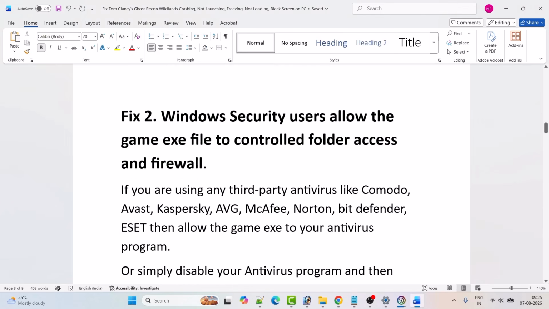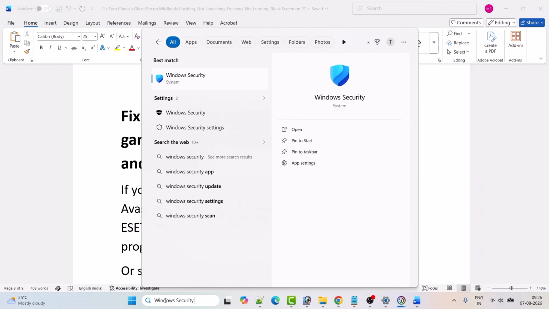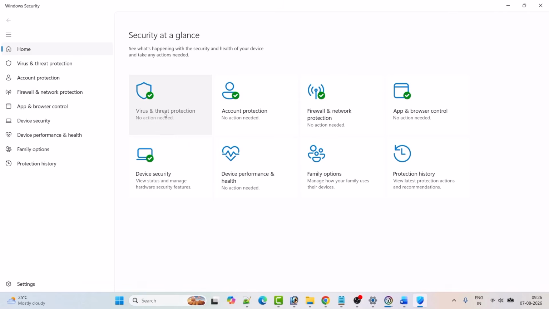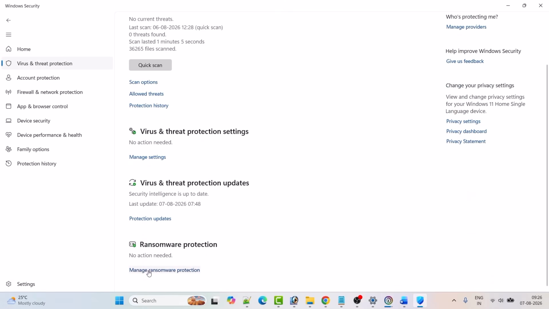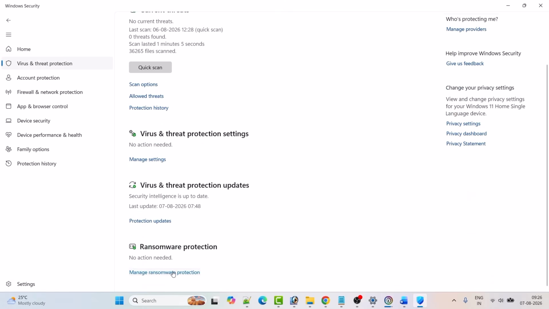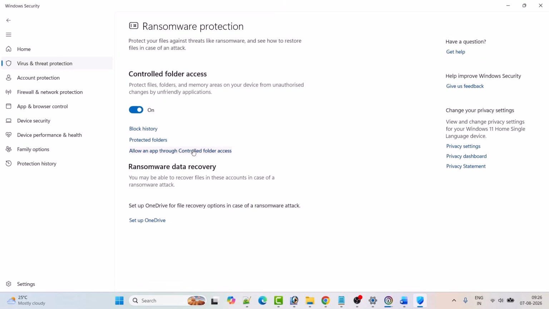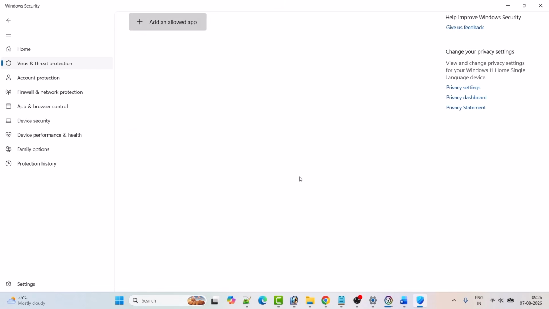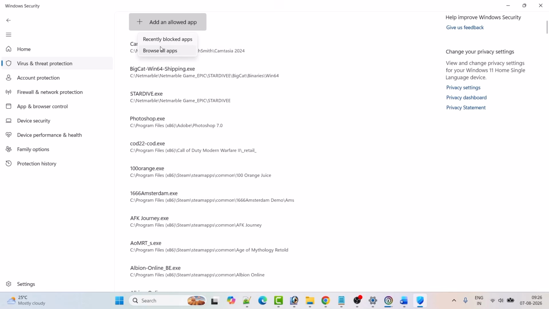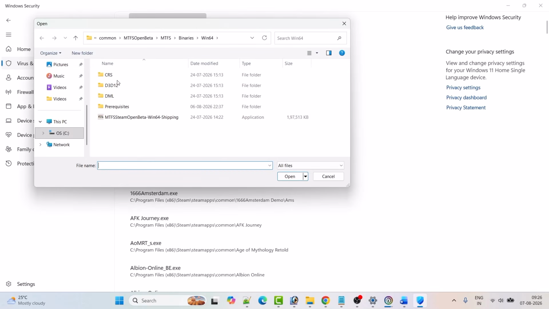Fix 2. Windows Security users, allow the game.exe file through controlled folder access and firewall. So in Windows search type Windows Security and open it. Go to virus and threat protection. Scroll down, click on manage ransomware protection. Click on allow an app through controlled folder access. Click yes to allow. Click on add an allowed app, browse all apps, and then browse to the game installation